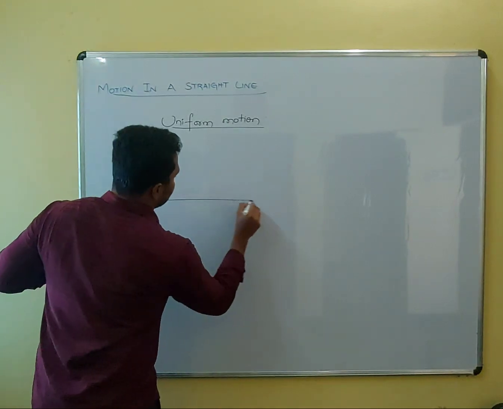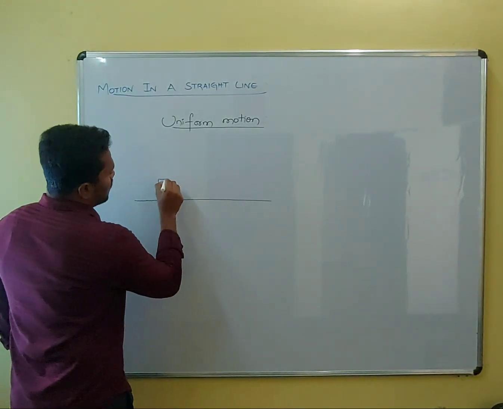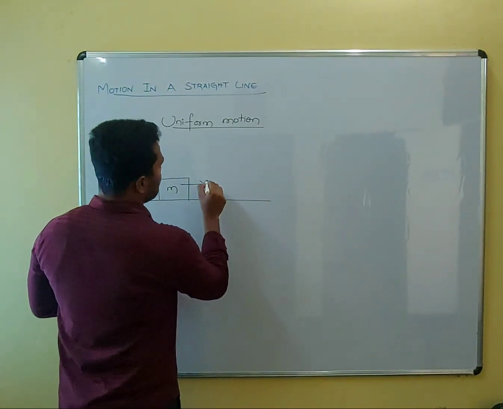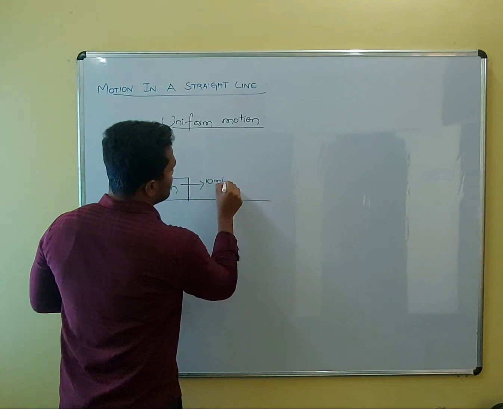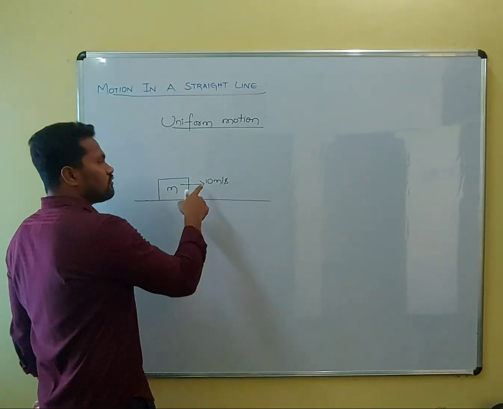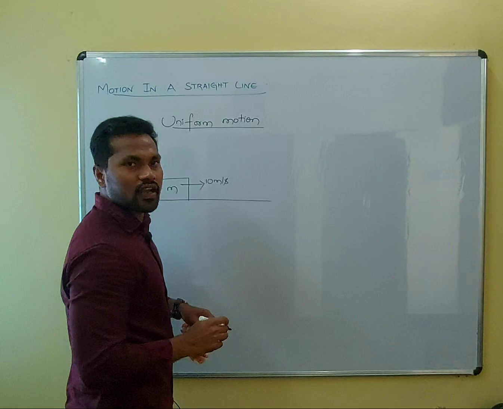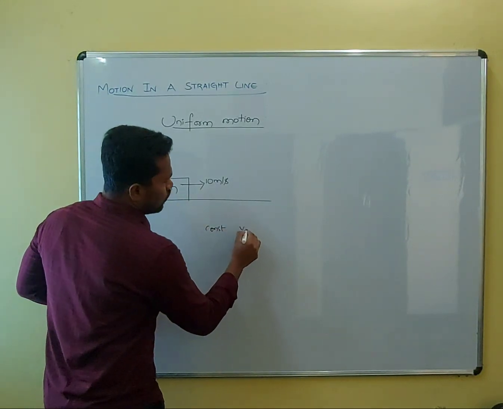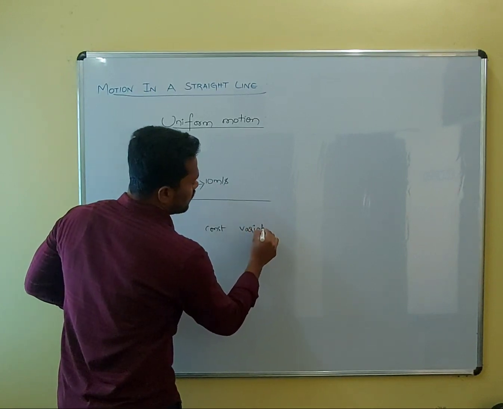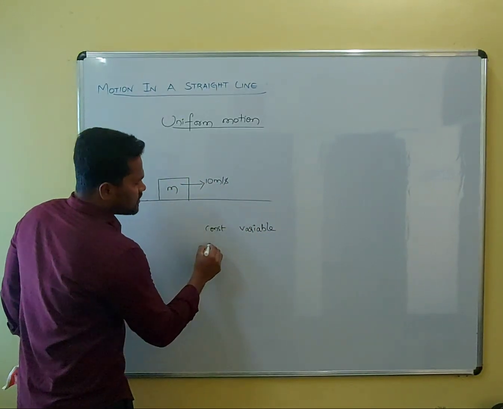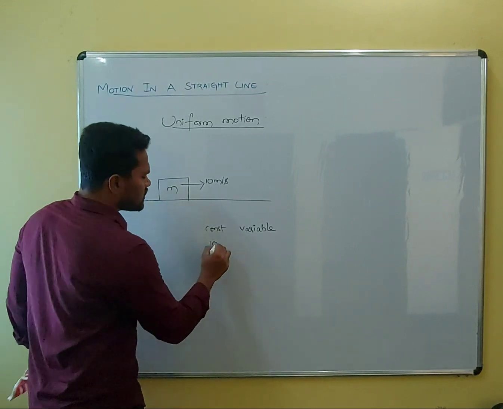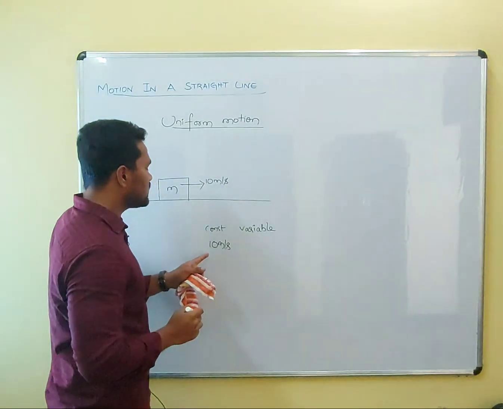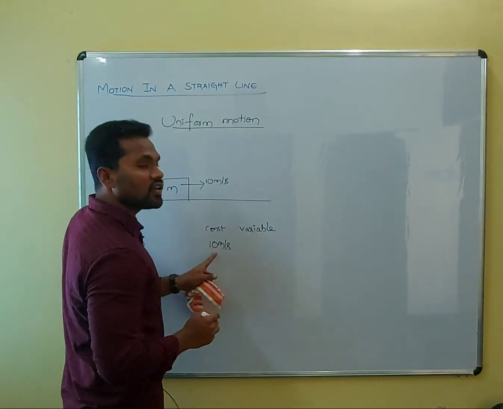Look at this. A particle of mass m is initially moving with a velocity of, let's say, 10 meters per second. Is this velocity constant or variable? We have two types, constant and variable. How do we decide whether a given value is constant or variable? Let me consider 10 meters per second. If this is a constant number and doesn't depend on any other values, then I can say that it is